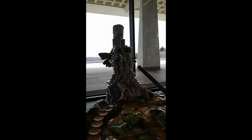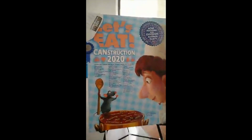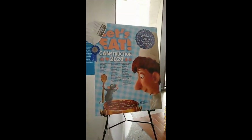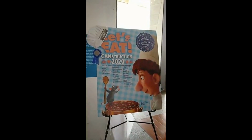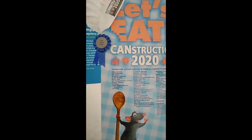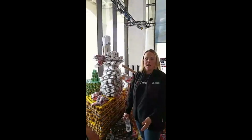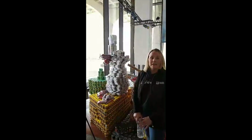We have a question if individuals can donate to teams as well, or should they donate to the food pantries? Right now, we're going to have you donate to the food pantries, because our competition per the national CANstruction, this is actually an international competition, is made up of many, many cities that participate. So our competition is actually closed at this point, but we still want the food pantries to benefit as much as they can. So there is a link set up on the